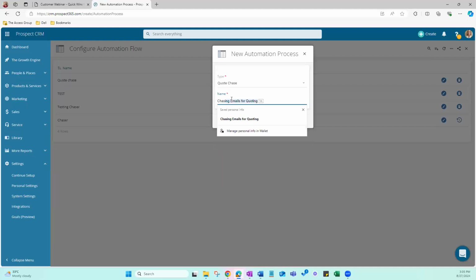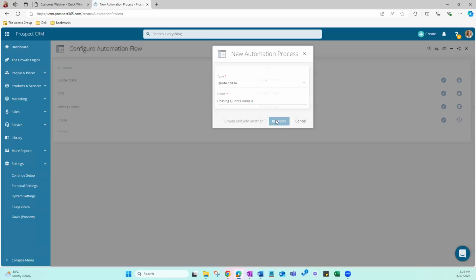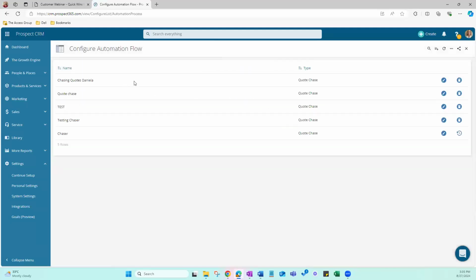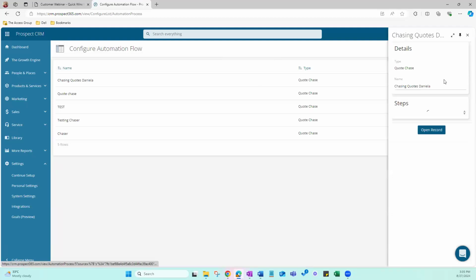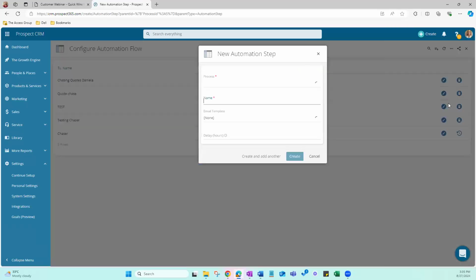I will name it chasing quotes Daniela. There we go. Click create. And here we have it. So now we need to add the steps to the flow. And we do so by clicking on the pencil icon right here. And here where it says steps, basically these steps are gonna be the things that are sent to the customer to chase that quotation. So to add a step, simply click on the plus icon right here,